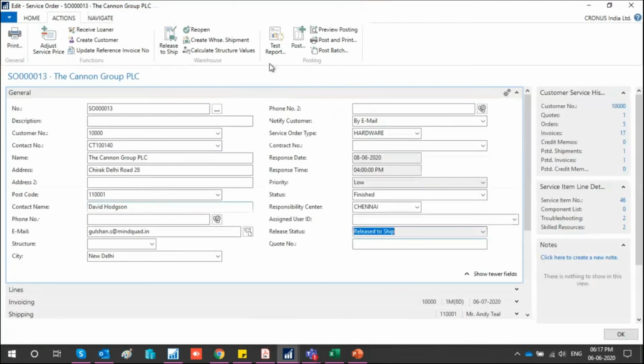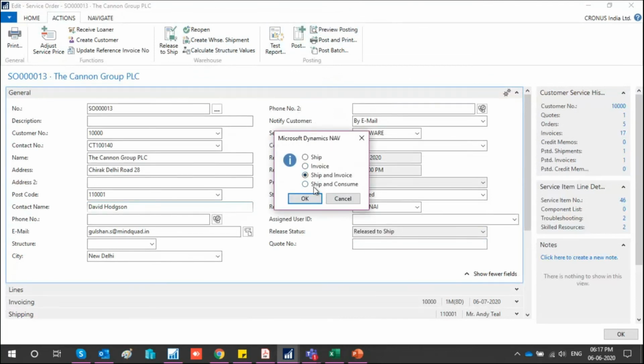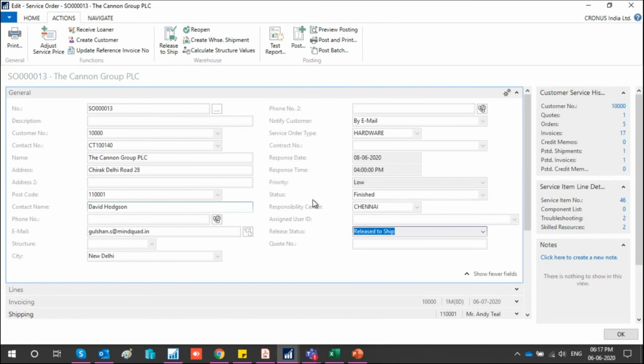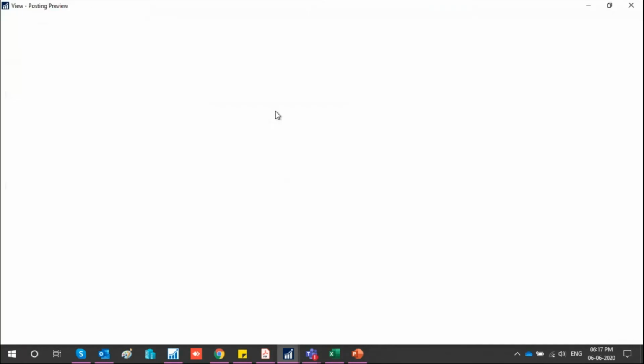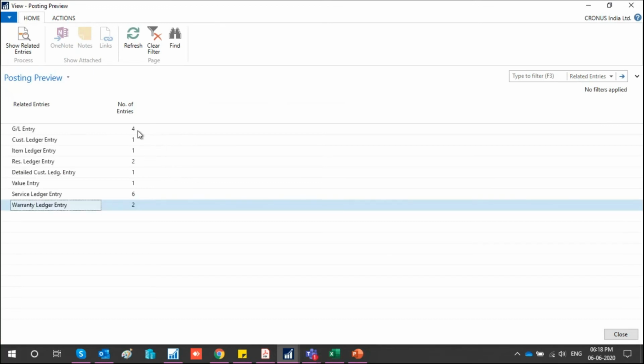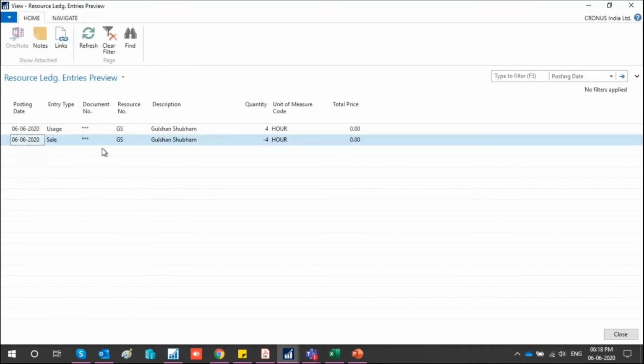Now if I try to preview it using ship and invoice, then you'll see a minor difference. See, now the GL entry is there, obviously, because now I'm invoicing it. Here I have got two entries. Why?